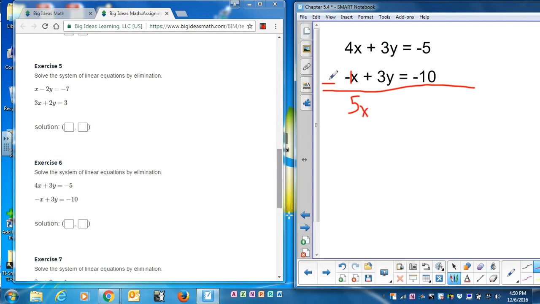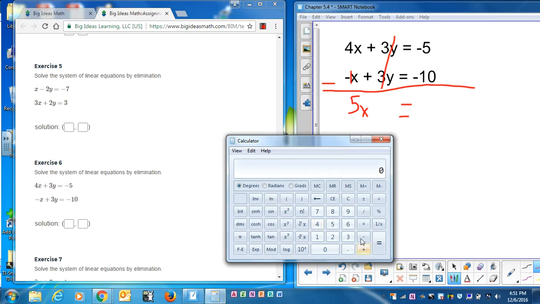And then 3 minus 3 cancels out. It is nothing. And that equals negative 5 minus negative 10. So use a calculator. Negative 5 minus negative 10